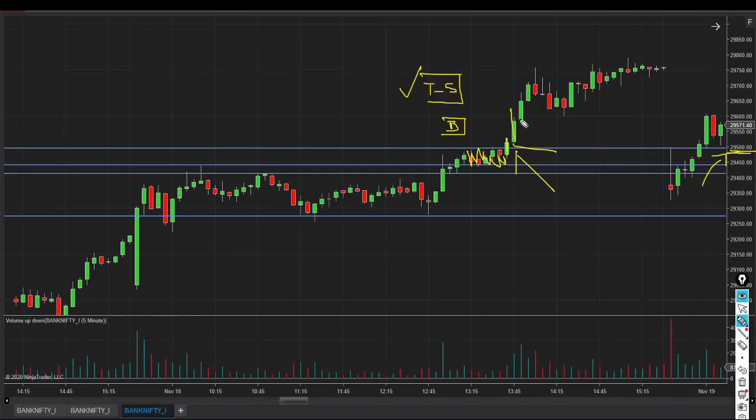Look at this quick clean-up move, in just 4 candles a 250 points upside move in Bank Nifty, and Bank Nifty has closed near the day's high only. And when to trade, what should be our target and what should be the stop loss, I will share during the trade setup video. Look at this. This is a 250 points move.